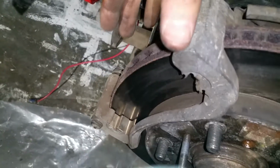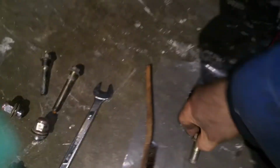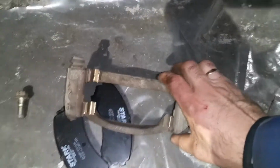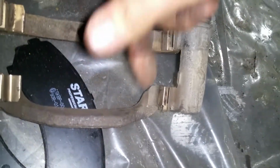So for that, and also to make my pad assembly easier and to be able to clean this area, I had to take this part out. So for that, I had to remove the two bolts that are holding it. So there are two bolts. So again, I removed those bolts previously, and before recording this video, I cleaned this part, and you can see these tabs are shiny because I used a steel brush. So once I cleaned those little sliding tabs, I don't know how you call those,